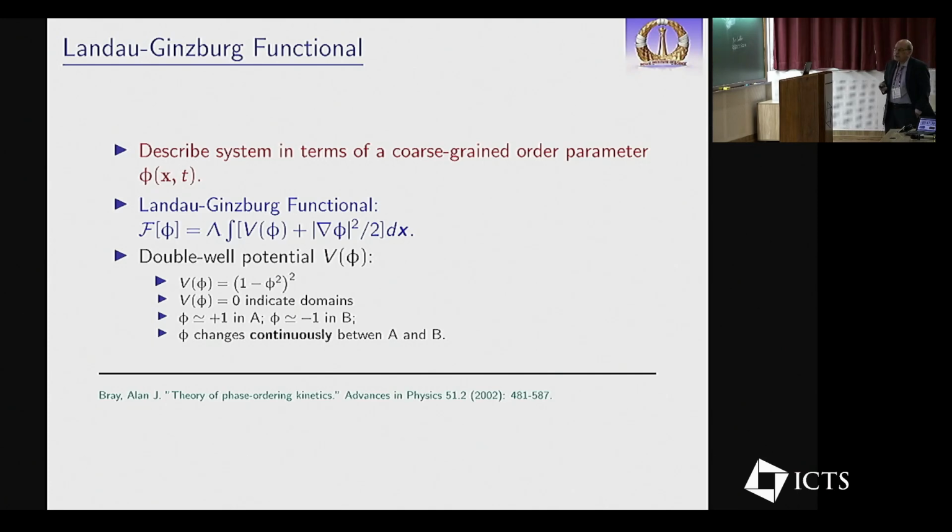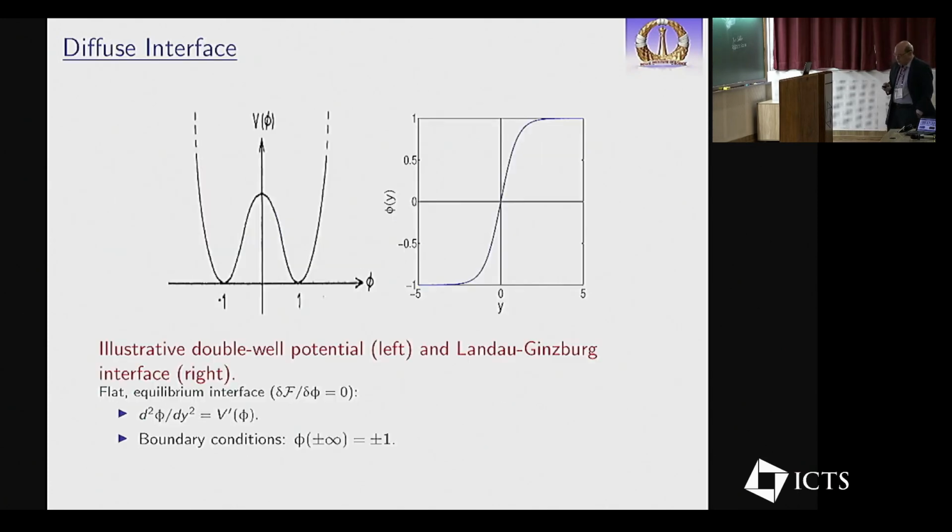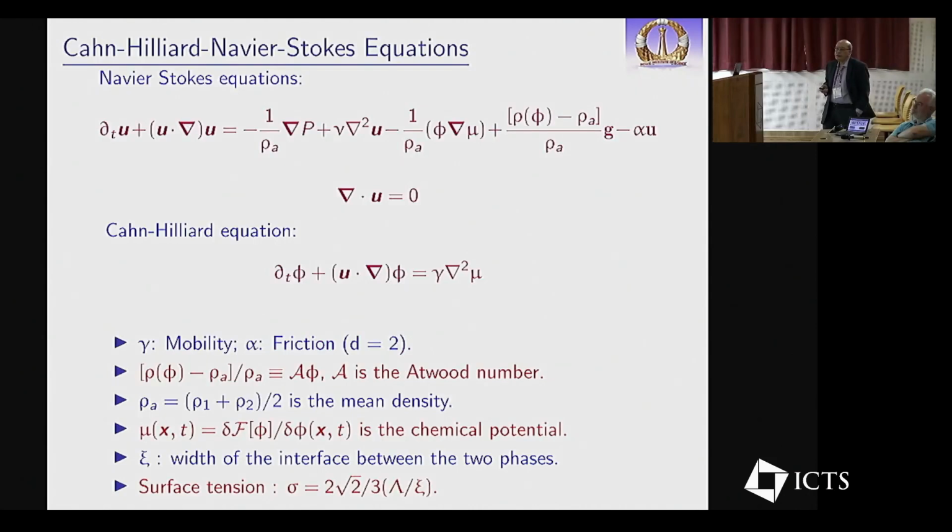And if we just live at this level, we have, of course, something we assign as a homework problem, which is this double well potential, and then there is a one-dimensional interface here, which you can solve for analytically. So that's the interface between the A-rich phase and the B-rich phase. But when the coexisting phases are fluids, then it does not suffice to keep only Cahn-Hilliard. You must add in Navier-Stokes, and believe me that if you do it properly, this is what you will get.